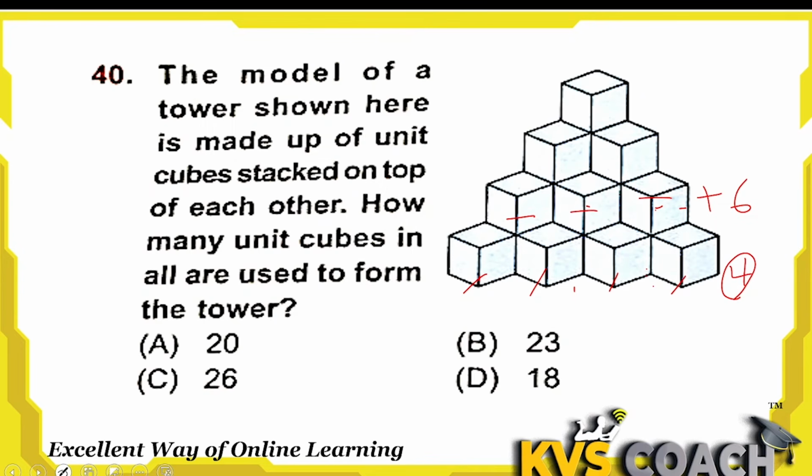Okay, in this stack there are 2 in the first row, 2 behind this, and 2 here. So 2 plus 2 is 4, plus 2 is 6 here. And here is the 1, but there are no 4 lines. So 1, 2, 3, 4. Under these 3 cubes there are more here, and in total they are 4 here. So the total will be 6 plus 4 is 10, plus 4 is 16, 16 plus 4 is 20. So here the total cubes are 20. A is the right answer here.